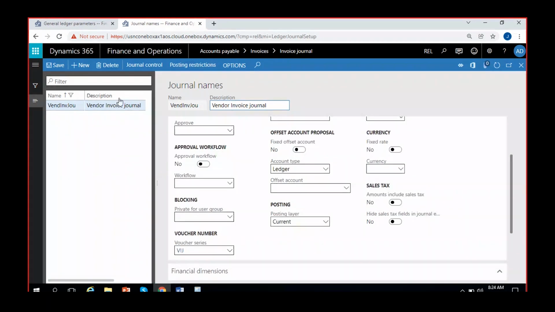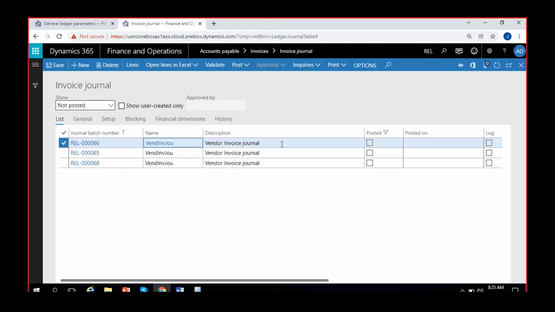Here also, whenever you create a journal, you have that option, amount include sales tax. Whenever you create any transactions using this journal, whether the amount has to be included, comes up including sales tax or excluding sales tax, or sales tax will be calculated separately, will be guided by this parameter here, amount include sales tax. Or after the journal name level, you have it at a separate journal level,